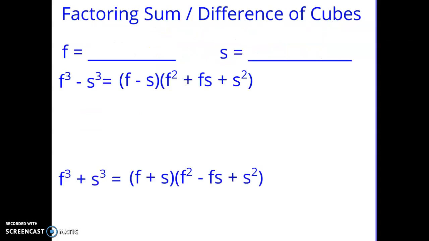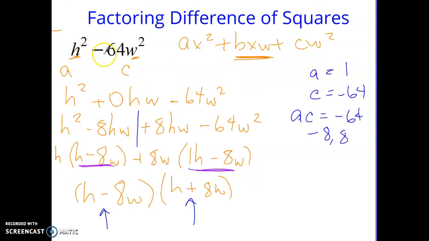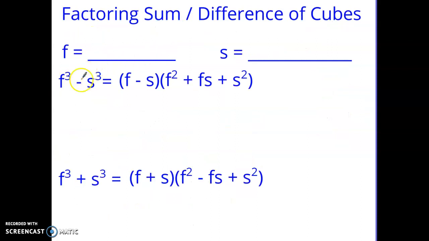All right, the new thing we want to focus on is factoring the sum and difference of cubes. Okay, so look, this one has two terms, just like the one we looked at right here has two terms. So how are you going to tell the difference? Well, if it's a difference of squares, my exponents are going to be 2's. But if it's a difference of cubes, my exponents are going to be 3's. So as soon as you see a 3 right here, you're going to know this is the formula you need